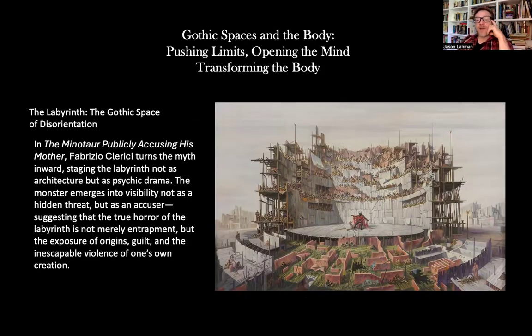I had to share this image. Fabrizio Clerici is one of my favorites. Is he technically a surrealist? He is. He was friends with Leonor Fini. He's an Italian modernist, deeply influenced by surrealism. But his images are incredibly architectonic. This is one of my favorite paintings by him. This is the Minotaur publicly accusing his mother. And he very often will turn these sort of